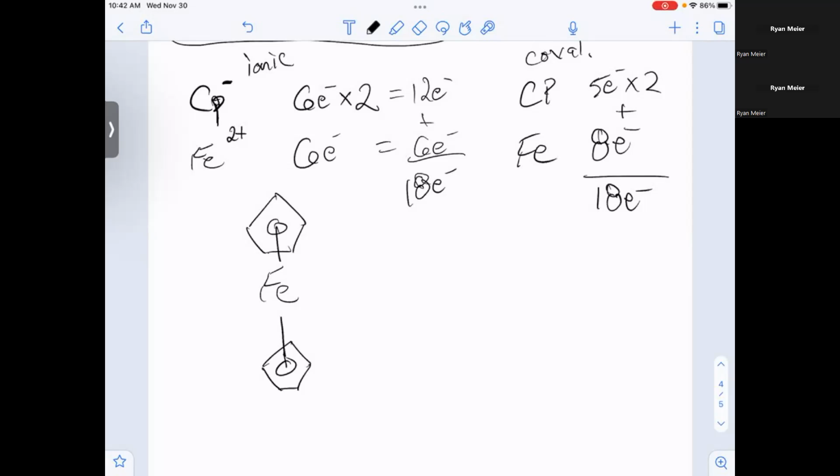If I switch that iron for a manganese, or if I switched it for a cobalt, it'd be a 17 or a 19 electron compound. It's not going to be as stable. And in fact, when we're not stable, like manganese, it's 17 electrons. Usually when it's just less, that's when you'll see a lot of weird stuff happen where you'll start making metal dimers, or in the case of manganese, it actually just makes a polymer with all of these rings where